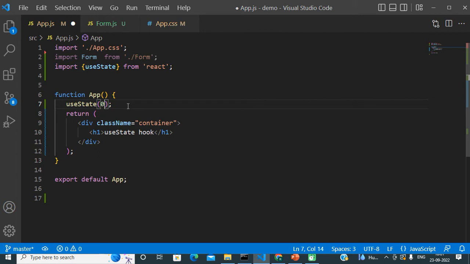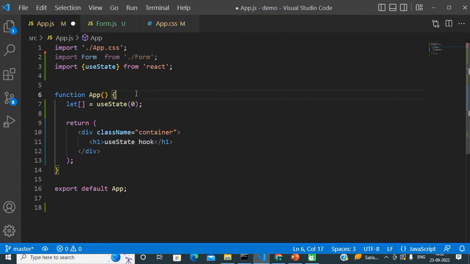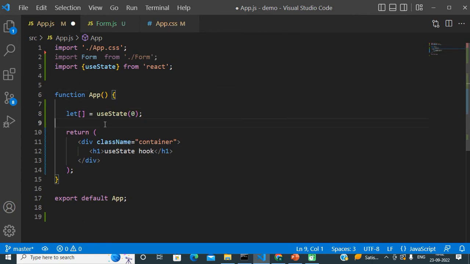After taking this parameter, the useState function returns two things to us, and we can store these two things with the help of normal JavaScript array destructuring.